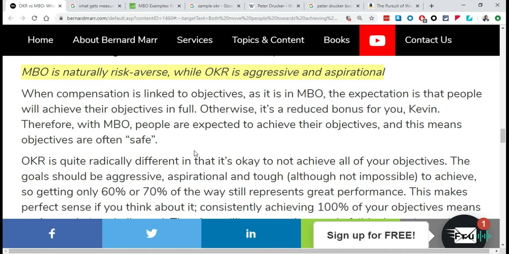No one wants to go above and beyond to stretch the boundaries with MBOs. At the end of the year, you said, well, you're going to build this new innovative product and take a chance on it, but you didn't take it to production and it failed. So you're going to get penalized for it because your MBOs weren't met, right? And so that makes it naturally risk averse, and people don't want to set very ambitious, daring MBOs.